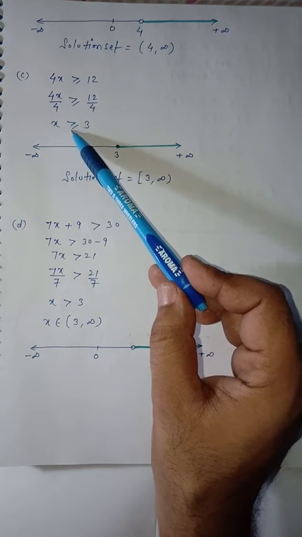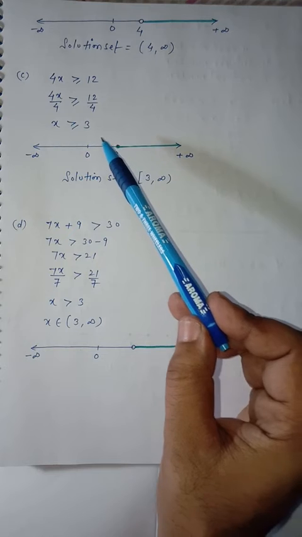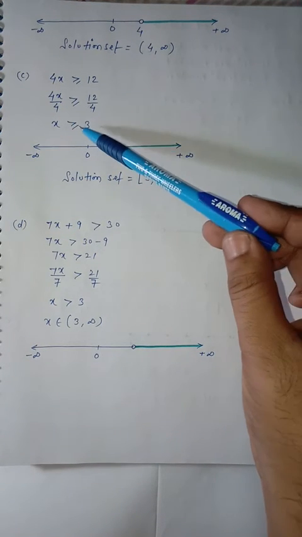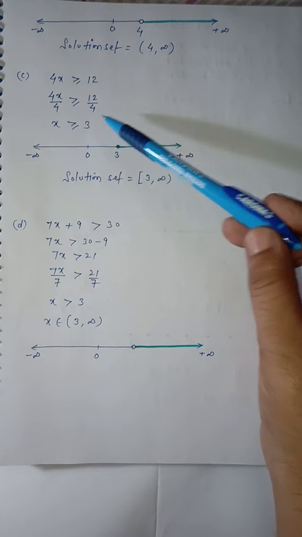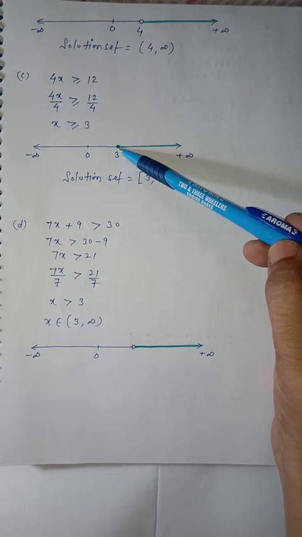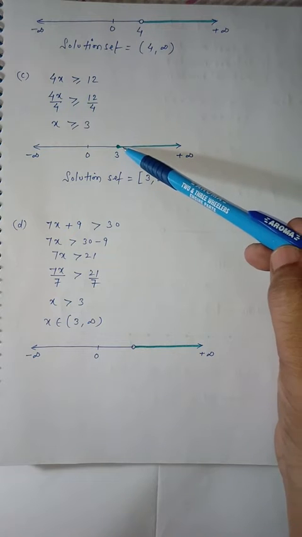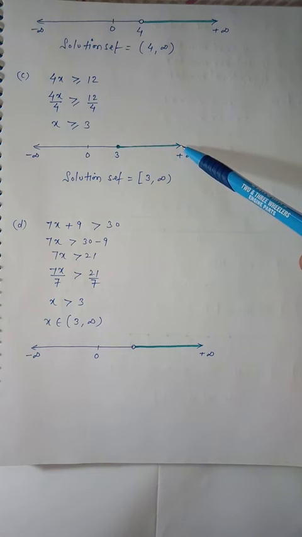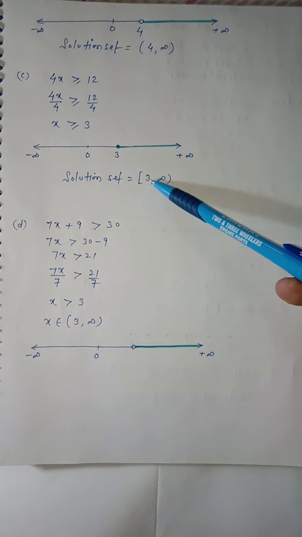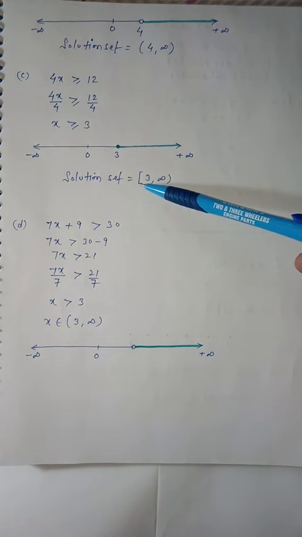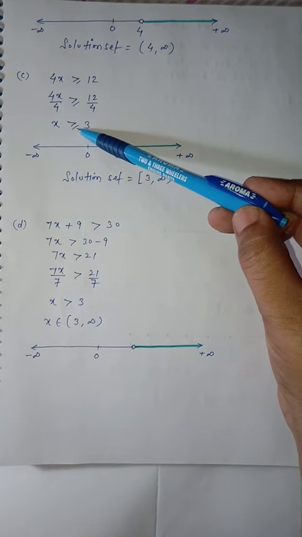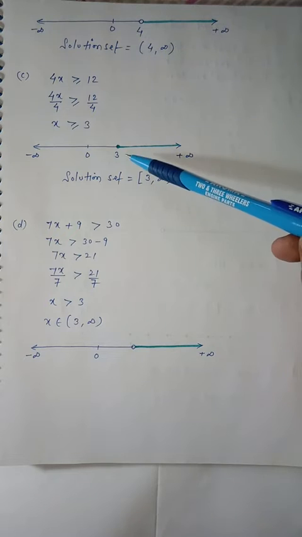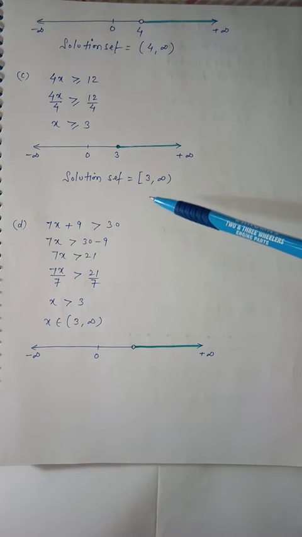So we will get x greater than or equal to 3. Now, why have I taken this example? Because here equality is present. So the value of x is 3 and greater than. So there will be a solid circle on 3 as well as greater than 3. You can see a green line starting from 3 until infinity, and so the solution set will be a closed interval. Here I am using a rectangular bracket because equality is present, whereas in the previous case equality was not present. So this is the solution set.